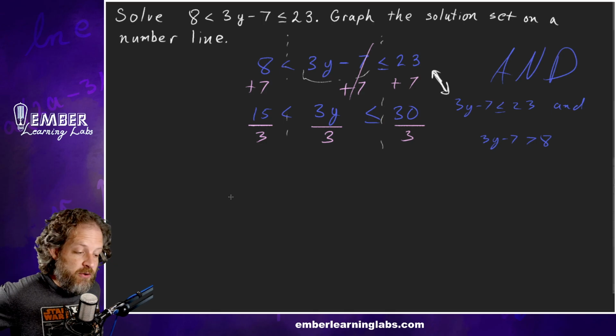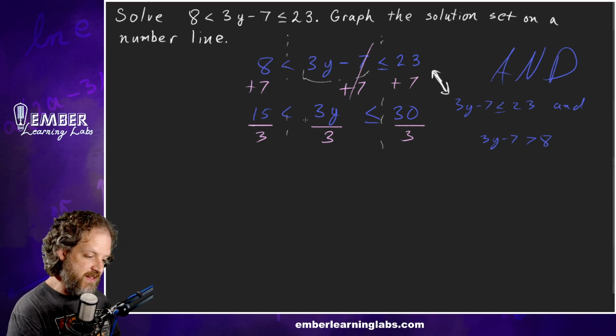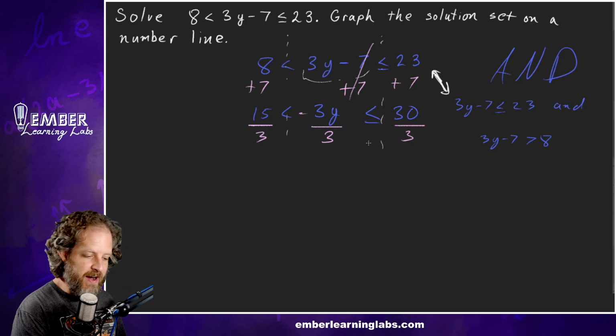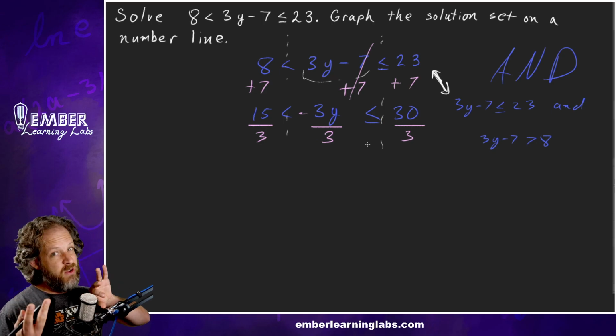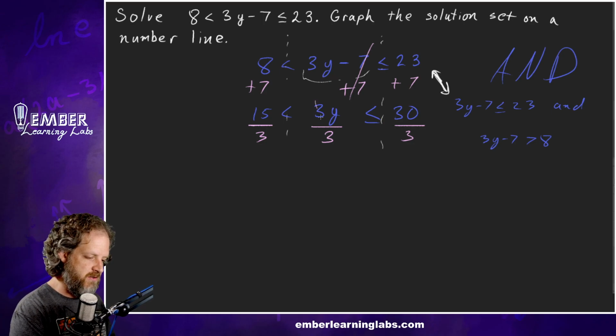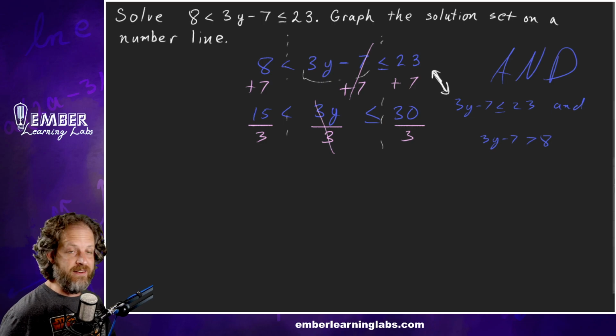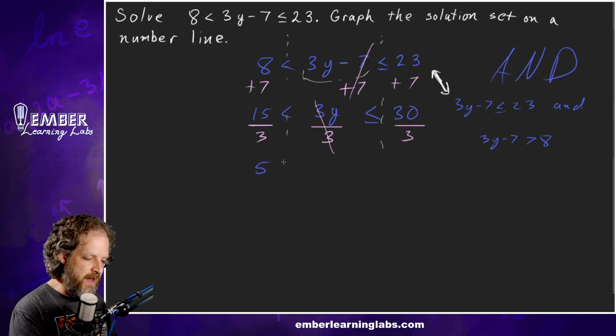Now, I will note that the same rule that we remembered in the last lesson, if this was a -3 and we were dividing by -3 on all of those places, then we would have to flip those inequalities, both of them, around. Okay, so that rule still applies here. So I'll throw that out as a truth to lock in the brain or write in the notes or both, right? 15 divided by 3 is 5, is less than y, is less than or equal to 30 divided by